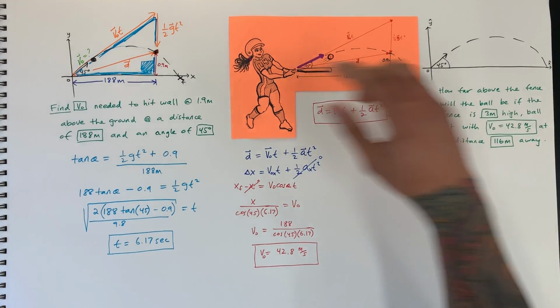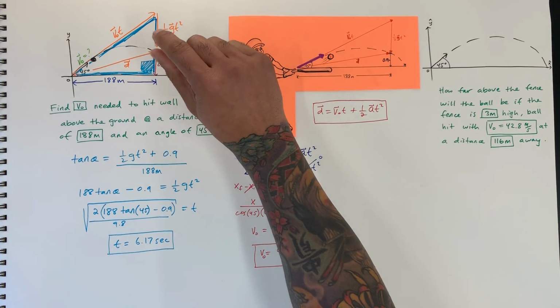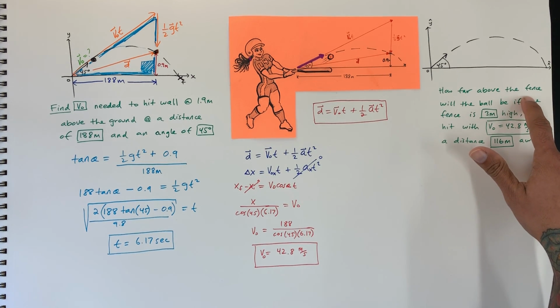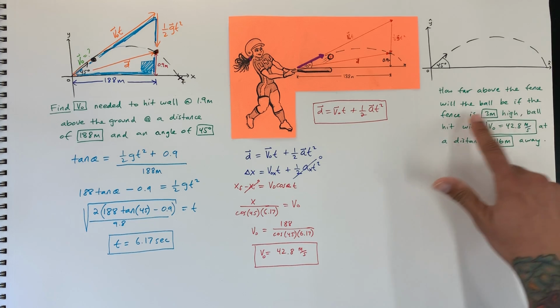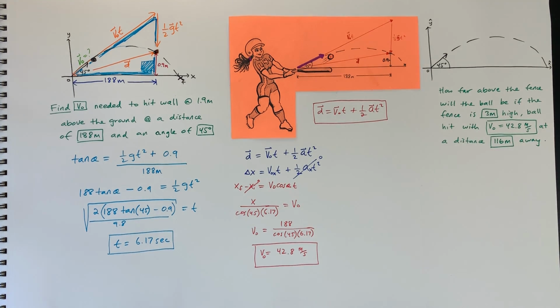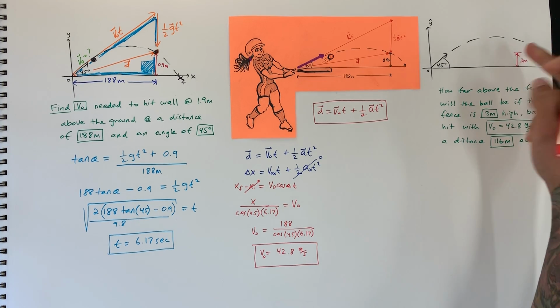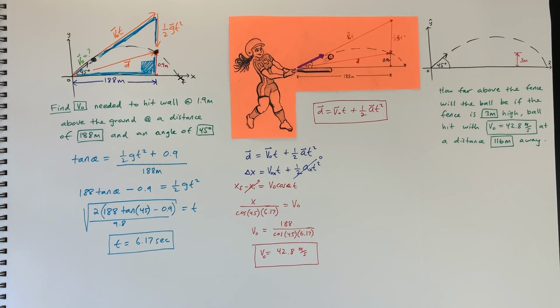And using the vector triangles, we're going to combine one more piece to it, so we're going to add on to it now. So how far above the fence will the ball be if the fence is 3 meters high? So let's draw a fence here, let's say, okay, that's 3 meters high. You know, like you're playing baseball, and that's the wall that goes out. And it's asking us how far above this fence, that's 3 meters high,